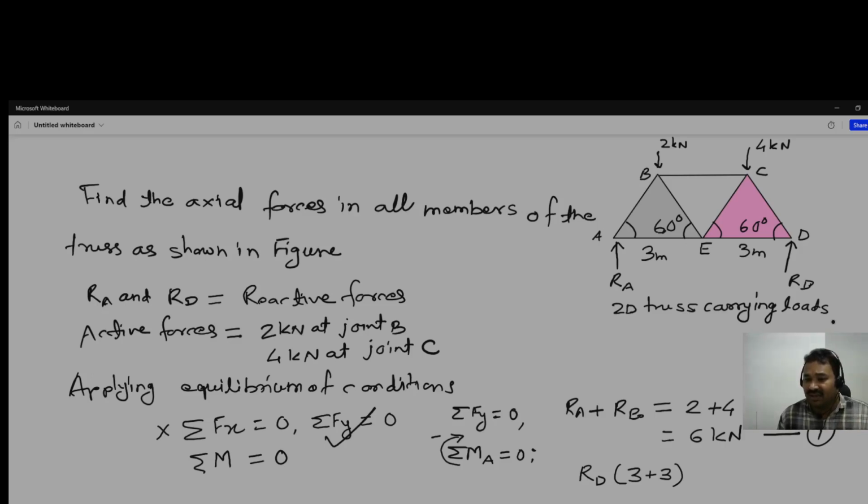So that's why clockwise is minus, and the force 4 kilonewton multiplied by 3 plus 3 by 2, minus